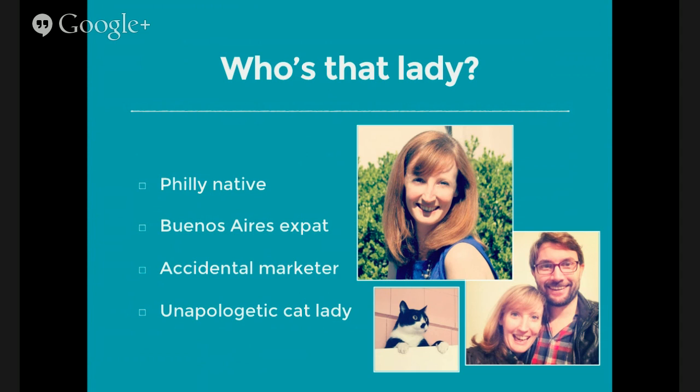Two most important things in my life right now are Ernesto, my fiance, and my cat, Larry David, who has a boy's name but is a girl. So if you were to check out my Instagram, there's probably more pictures of Larry than anything else. But that's okay, because we all have our things.